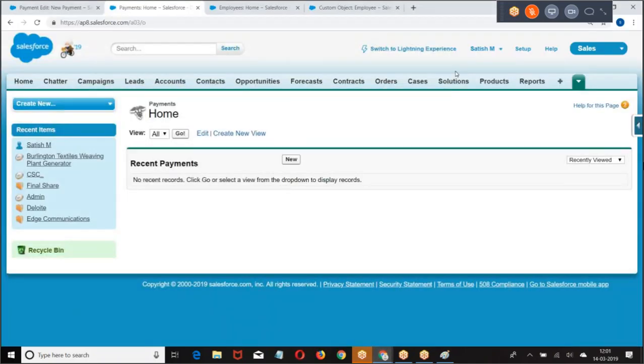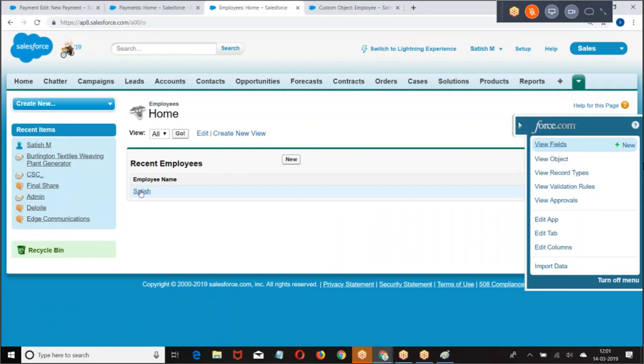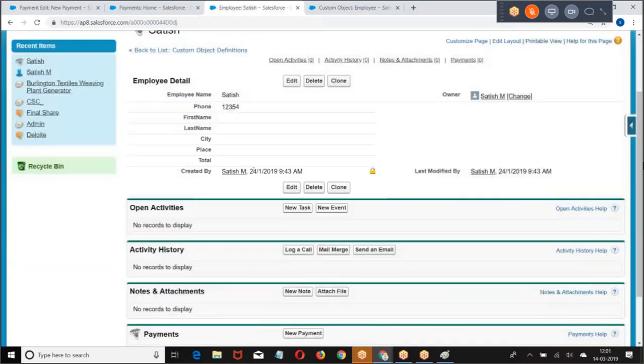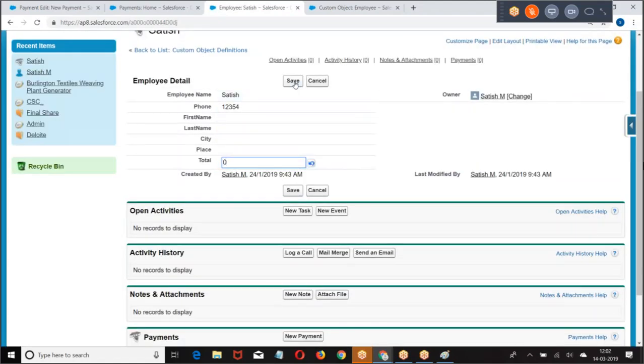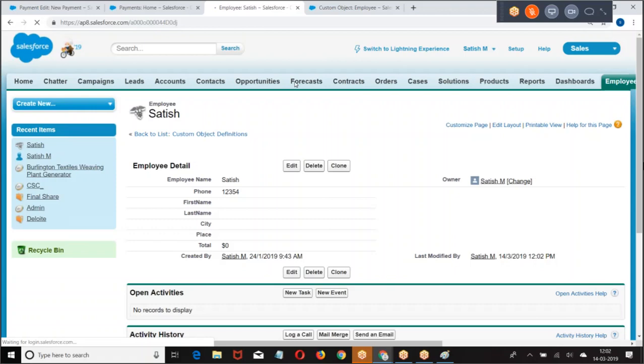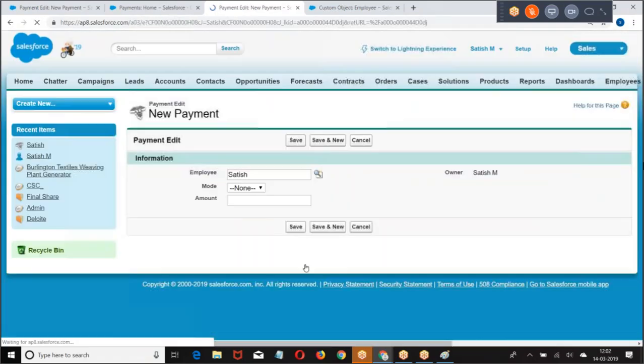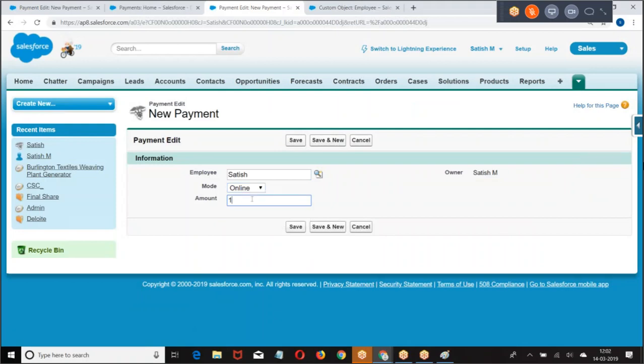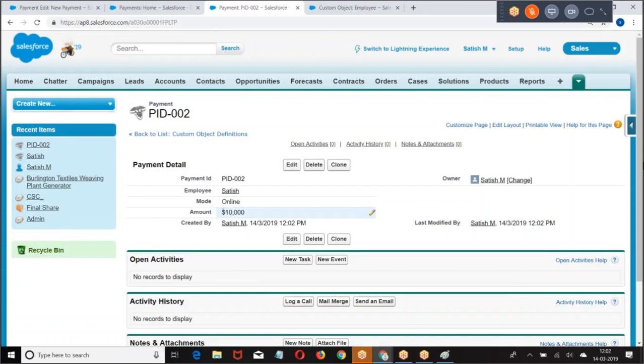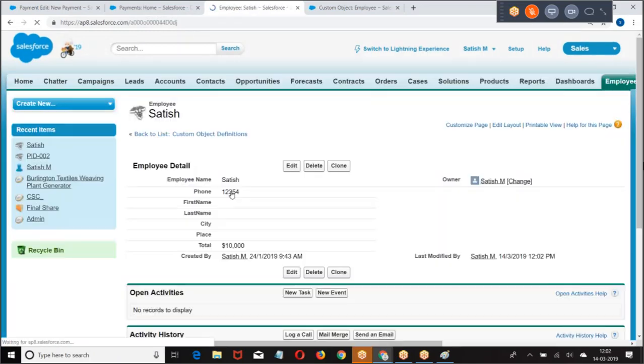So go back here. Go to any one of the employees. What is the total value we received here? Now I'm making a payment. New payment. Go to Satish.